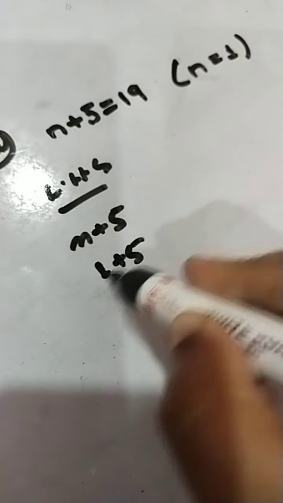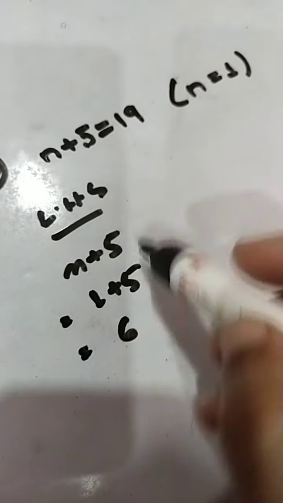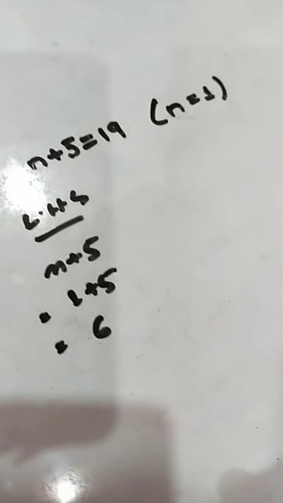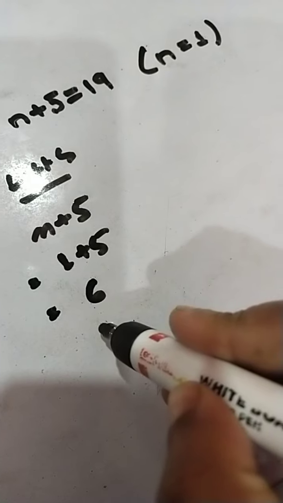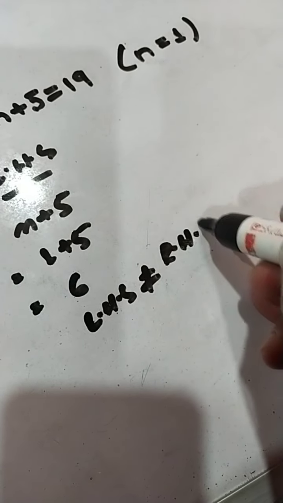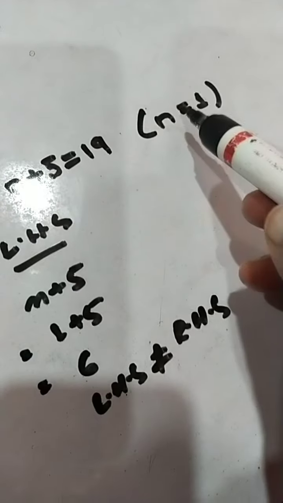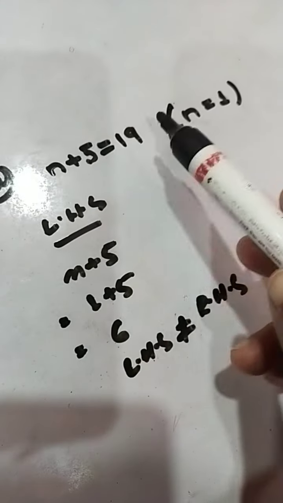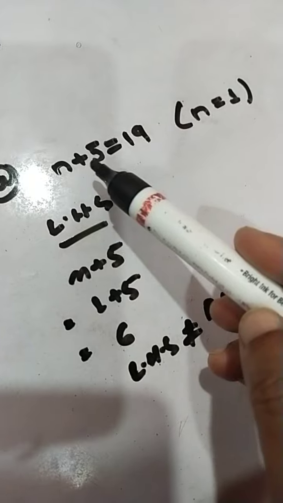So 1 plus 5 is what? It is 6. So it is not matching with the right hand side value. So we'll write LHS is not equals to RHS, isn't it? So n is not the solution of this equation, that is the value of n is not satisfying the equation. Okay, so let's move on to sum number